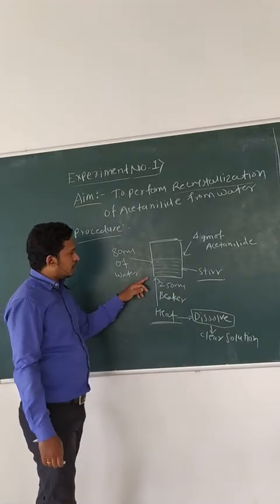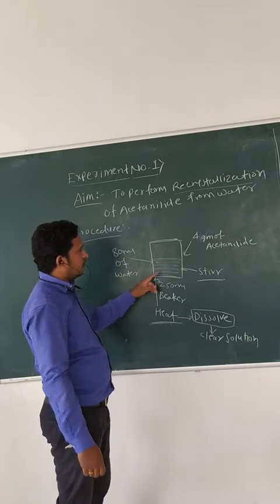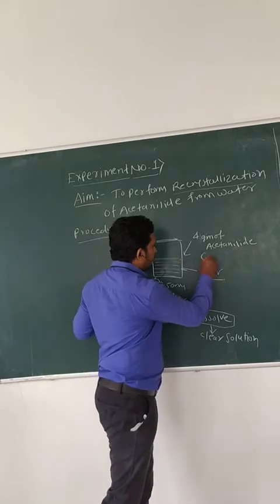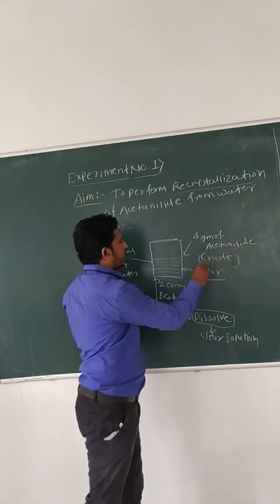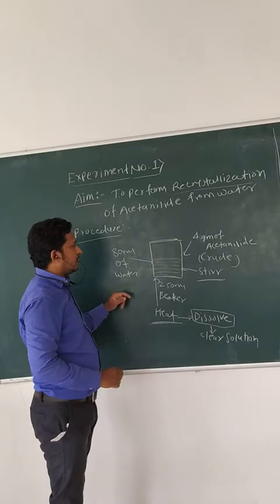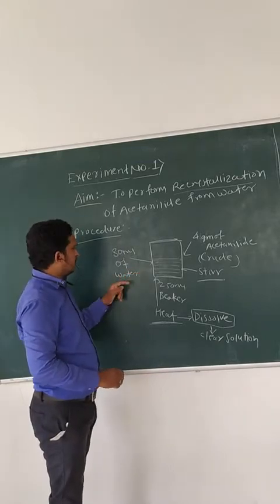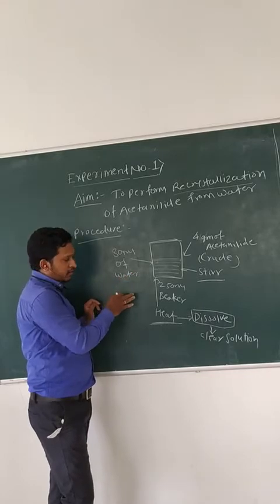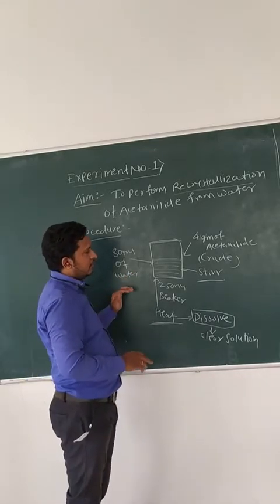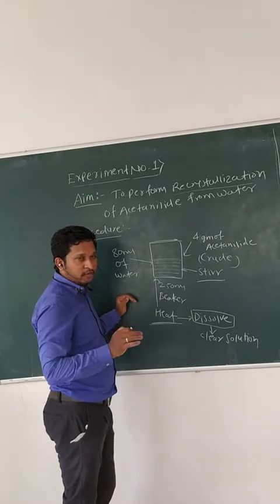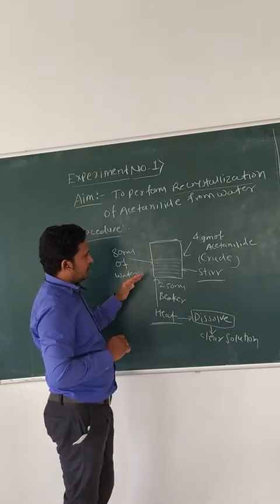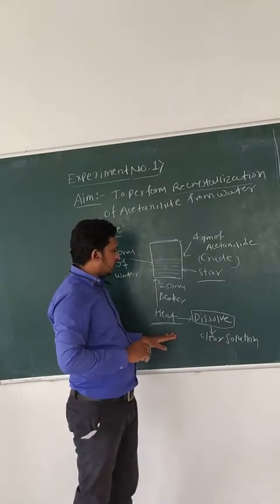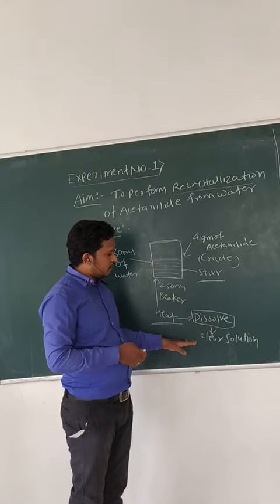So today this is your procedure. First of all, take a 250 ml capacity beaker. In that add 4 gram of crude acetanilide. After placing it into the beaker, add 80 ml of water and stir it using a stirrer. Some acetanilide will dissolve into the water, but some will not, so the remaining undissolved acetanilide you have to heat on the burner. After dissolution of all the acetanilide, you get a clear solution.